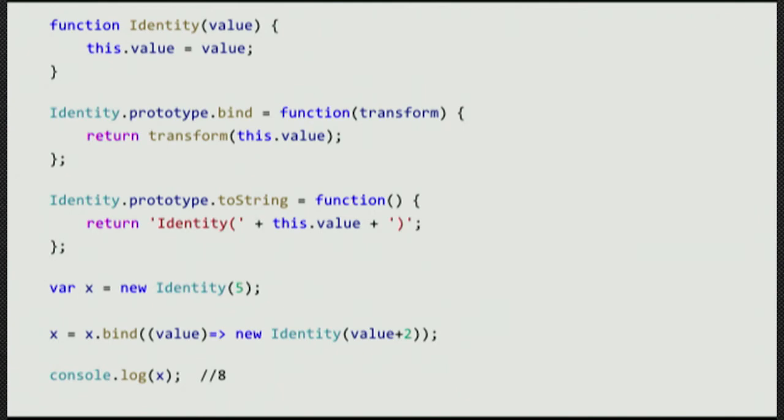And what this thing called bind does is it applies a function to my value. That's all it does. So I'm calling x.bind, so my identity, and I'm changing my value by adding 2. So I'm creating a new monad, because we can't mutate. We have to create a new copy of it with a value plus 2. And now I get a new monad.